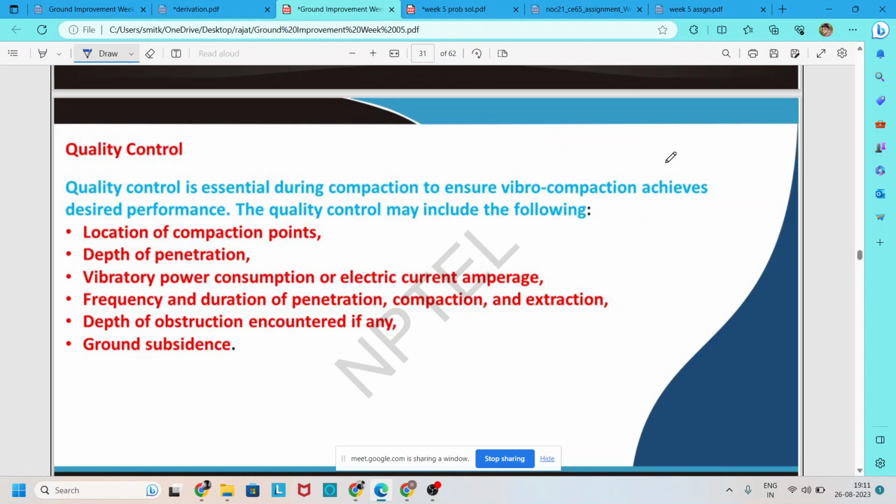That means for a footing we need low energy, for a mat foundation we need high energy; for high energy, high vibration is needed, and for low energy, low vibration. Also, the frequency during penetration, compaction and extraction is maintained. For penetration and extraction high frequency is needed, as we already discussed, and for compaction the frequency should be in between